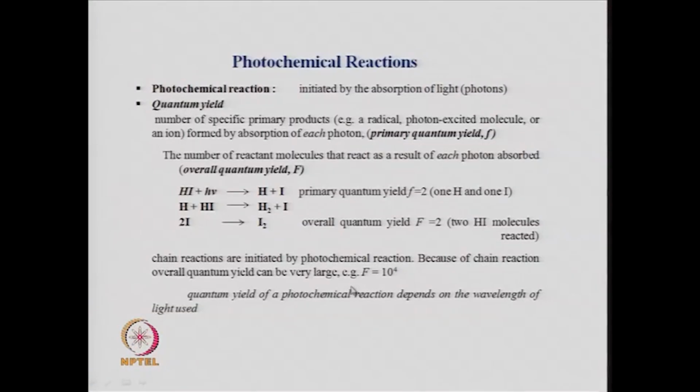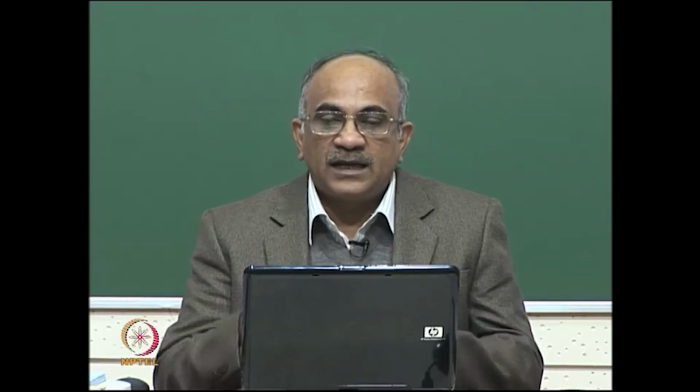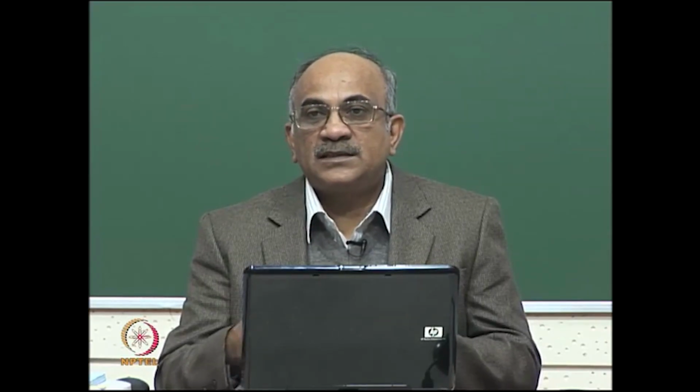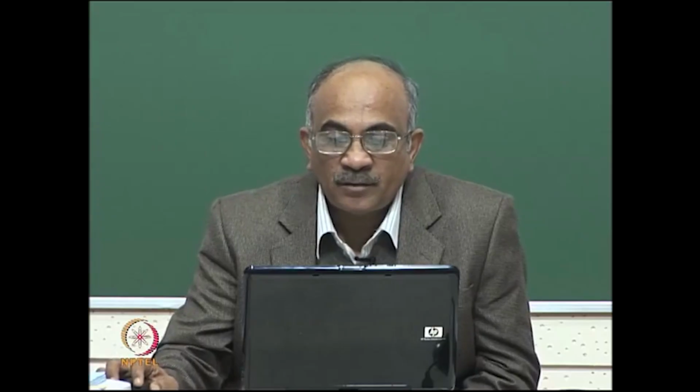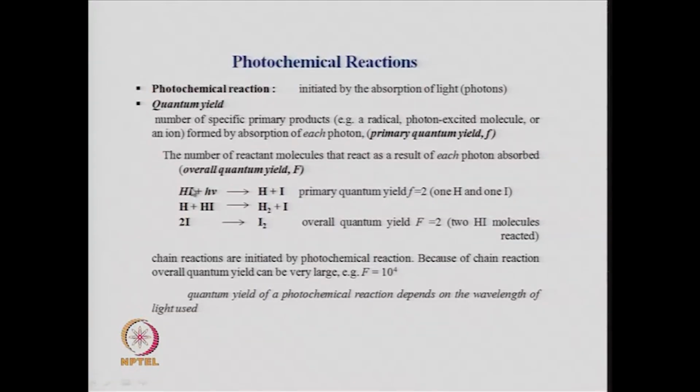Now, you can have a very large capital F, it can be 10,000 or even more in certain kinds of photochemical reactions, and these are chain reactions. Several chain reactions are known, and many of them are actually photochemical reactions. That means they are initiated by the absorption of a photon, and it can give rise to several reactions as a chain, and ultimately you can get several molecules of reactant